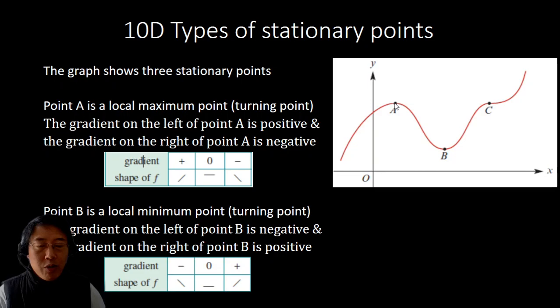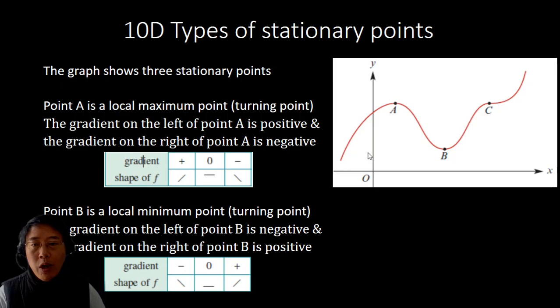Graphically, your stationary point is where, if you use an imaginary ruler, you get a horizontal tangent at those three points, A, B, C. And what you do is scan the trend of the curve before and after. So A is a local maximum, or a turning point. Local means it's within a small interval, not across the whole domain. You can see across the whole domain there's no maximum, but within a restricted interval,